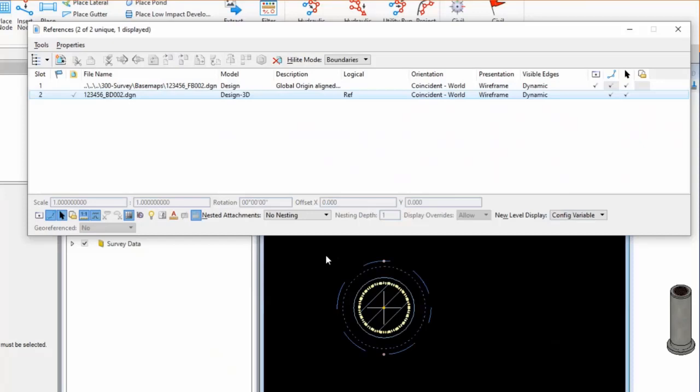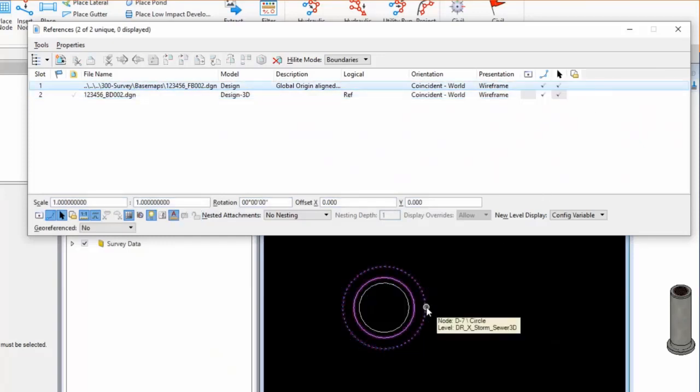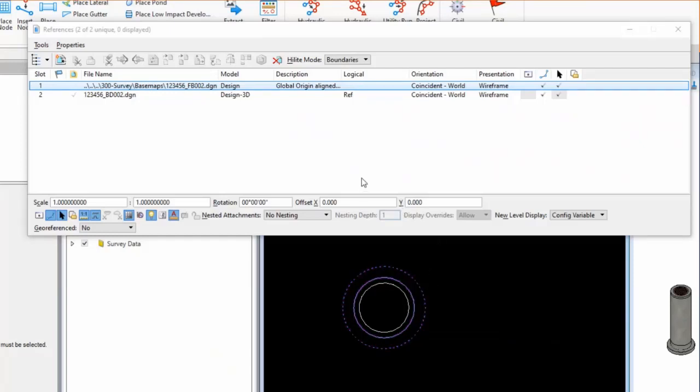Now what I'm seeing here is the graphics that are drawn in this file for that catch basin, as well as the survey. If I turn off the survey reference, I can see the graphic that's drawn in this file when it did the extraction process. For plan view purposes, you're probably not going to want to reference this file and show this information. You really want to reference that 3D base map, and you really only need the 3D information from this file. But we just wanted to point out that there is a 2D cell that's placed in this file.